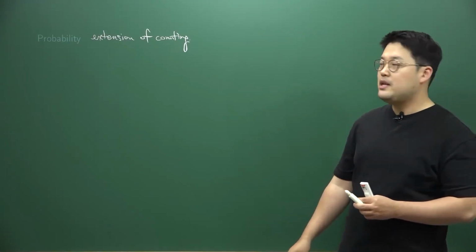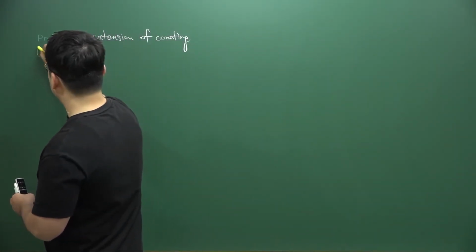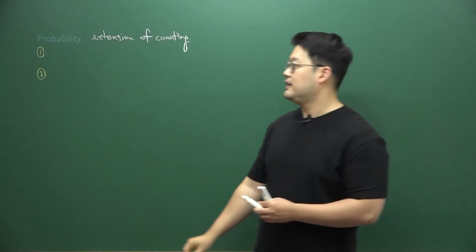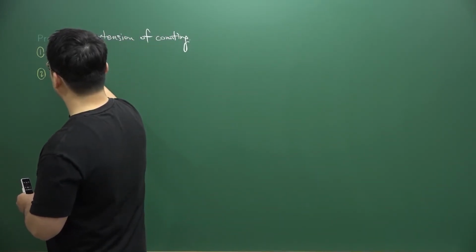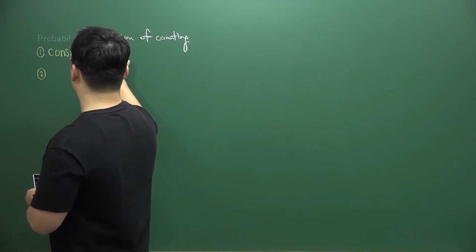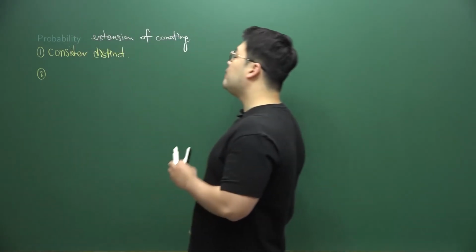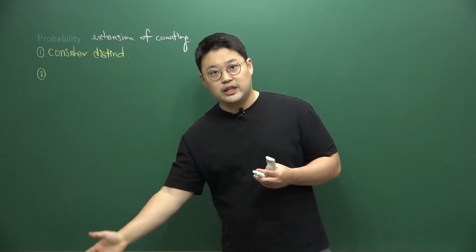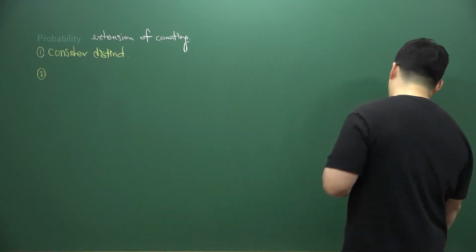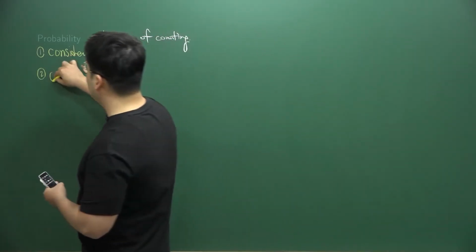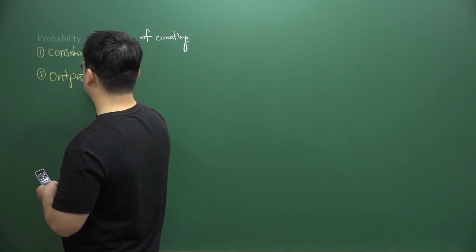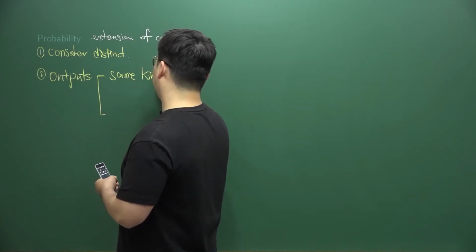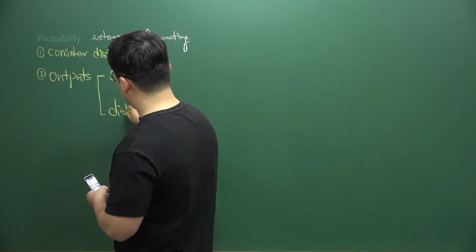And when we cover probability, you have to remember 2 things. Even though it doesn't seem distinct, we call it distinct. Consider them distinct. Consider distinct elements. So what I'm saying is that even though we throw 2 equal coins at the same time, you can always consider them all distinct. Now, if we are looking at the outputs, got to think about the outputs carefully too. Outputs, if we have same kinds or distinct kinds,